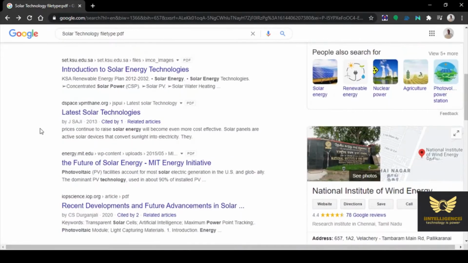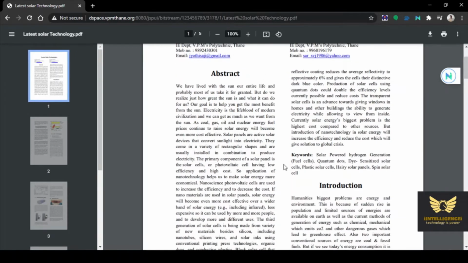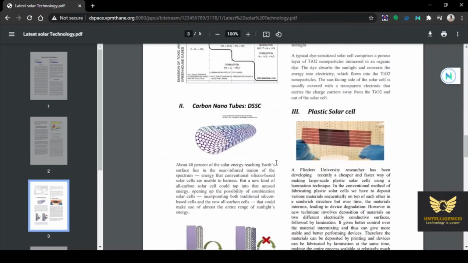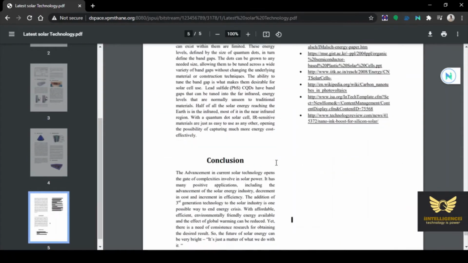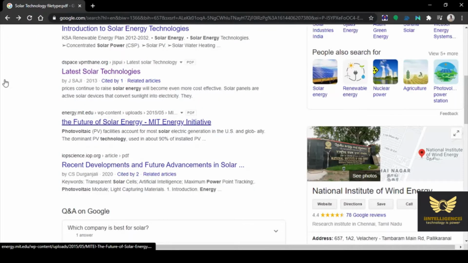You can also search for Word, you can also search for PPT or Excel, whatever it is. I'm just clicking onto it. So this is an article you are getting in PDF. You can also get Microsoft Word, Microsoft Excel, or any document that you select.